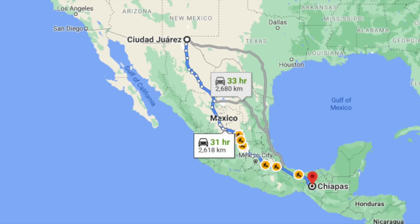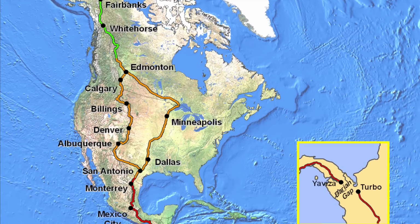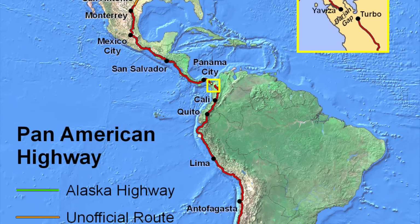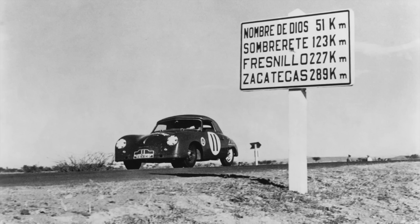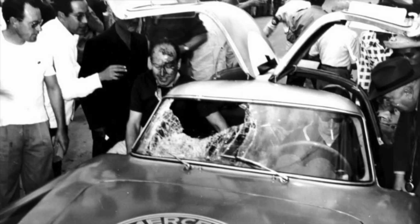Stretching out for over 3,400 kilometres, the race was held to mark completion of the Mexican part of the Pan-American Highway, essentially a network of roads linking the Americas, from Alaska at the top right down to Tierra del Fuego at the tip of Argentina's south. The Carrera Panamericana quickly gained notoriety, mainly for having little in the way of rules. It took place on the public road where there were hazards aplenty, and the winner was, quite simply, the first